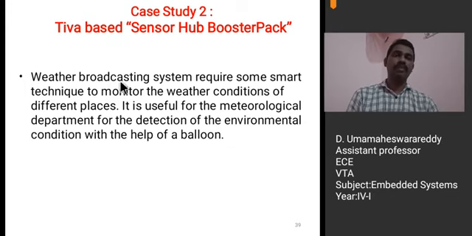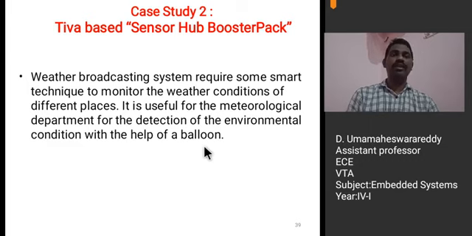See, a weather broadcasting system requires some smart techniques to monitor the weather conditions of different places. So it is useful for what department? The meteorological department, for the detection of environmental conditions with the help of a balloon.